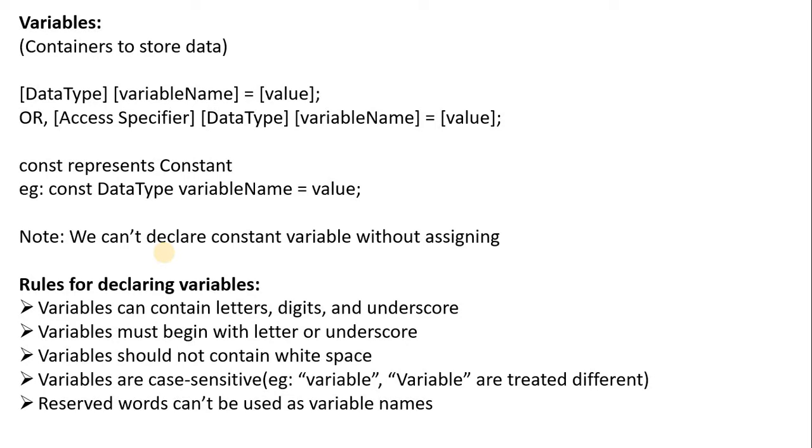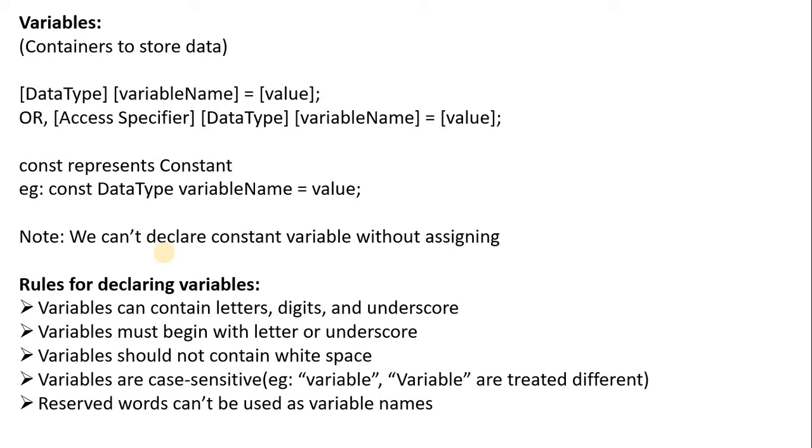So the variables. Variables are nothing but containers for data. So we can assume a container and an object. If a container is not suitable, then we cannot fit the object into that container. Similarly is the case with variables. The variables should be suitable to store the data. That's why we have to declare a data type for the variable.